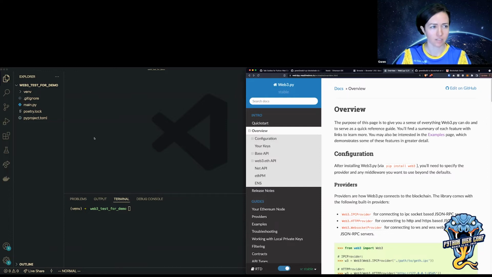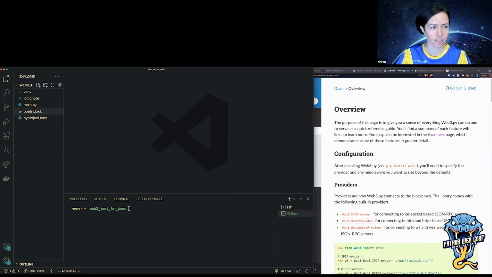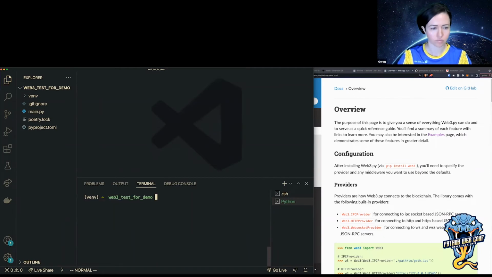I do have a repo that hasn't been filled in with anything yet. The only things I've done so far are create a virtual environment. I just use the basic Python venv for that. And then I did source venv/bin/activate, so I'm in my virtual environment right now.